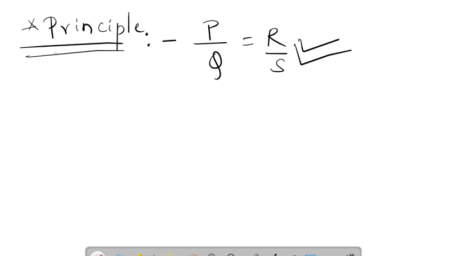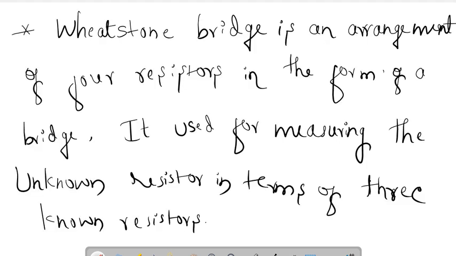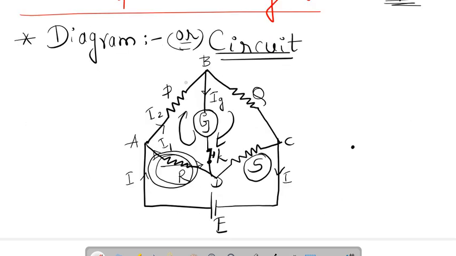So now the proof. Let me prove this. Okay. Now when key K is closed, the currents flowing in the different arms of a Wheatstone bridge are marked according to Kirchhoff's first law. What is Kirchhoff's first law? So let us consider one loop here, that is ABDA, this side of the loop. So according to Kirchhoff's loop law, we get